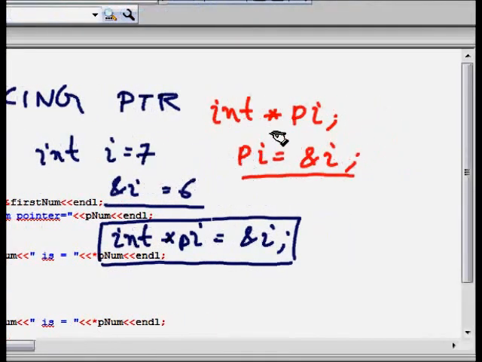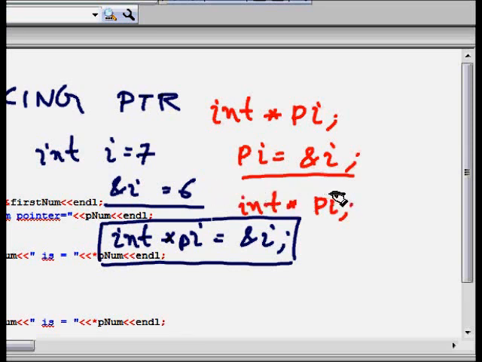This ampersand is used for finding the memory location or address of a variable, and we store it in int *pi. This is how we define the pointer.